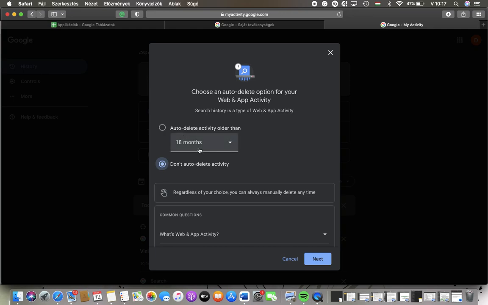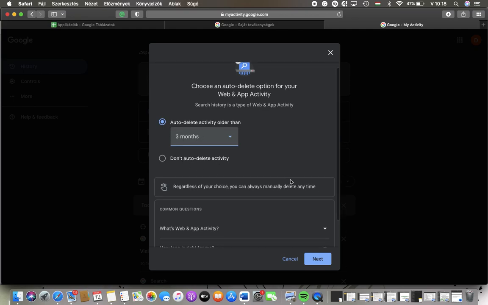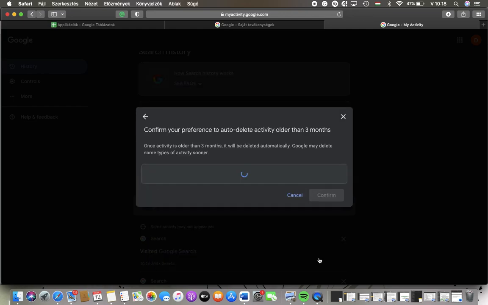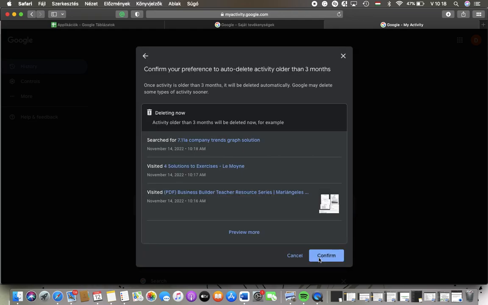you can set, so you can select from 3 months, 18 months or 36 months. So tap on the relevant one to delete activity older than this set time frame, and then you should tap on the button next, and after that you should tap on the confirm button,